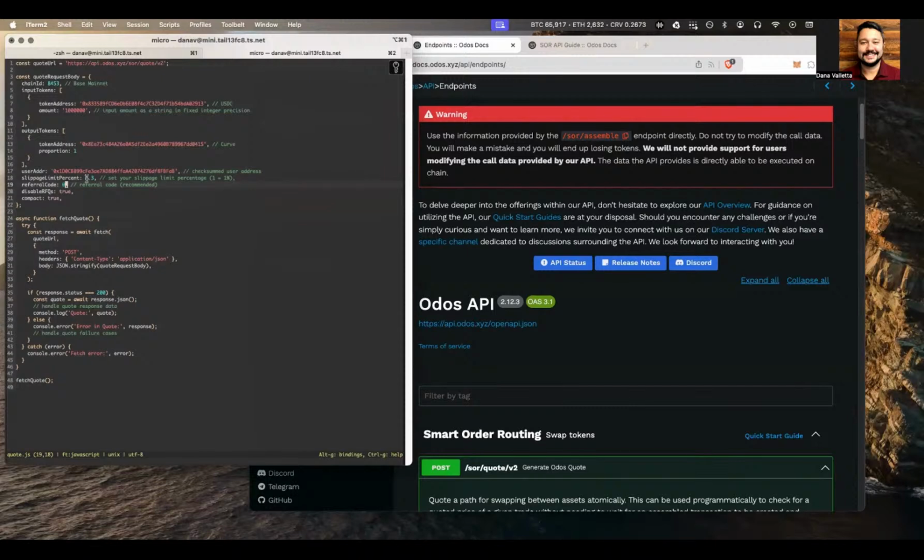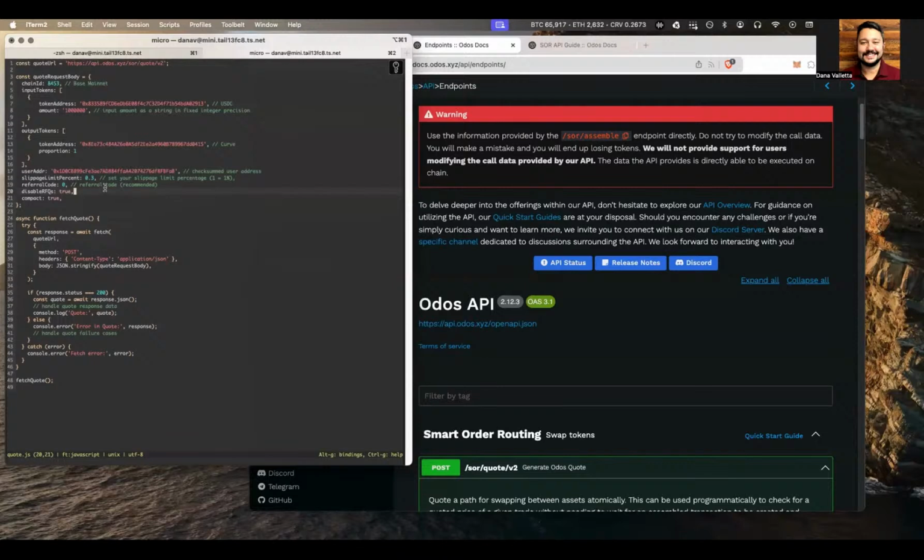It's a separate subdomain on the site where you can create a referral code, and then you can start to include that in your payload. Again, though, it's not really within the scope of this hackathon. You could safely ignore it. So while in our documentation it is recommended, you don't necessarily need to use it if you're not planning to partner with Odos.